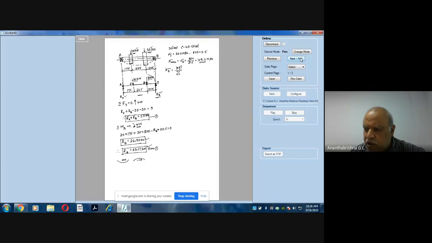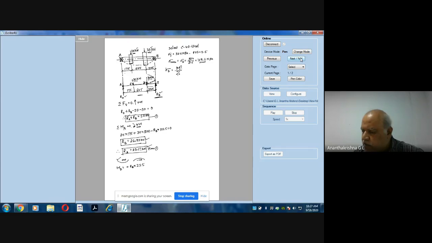So with reference to point D, to the right of the section, I have RB. So it is pushing the beam up in this direction. So therefore, it is a positive bending moment. That is RB into 225. RB into 225 will give me positive bending moment about point D because it is trying to push the beam up. So therefore, moment about point D is equal to plus RB into distance 225. There are no other forces to the right of the point D.